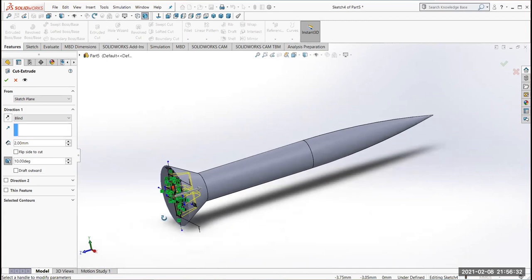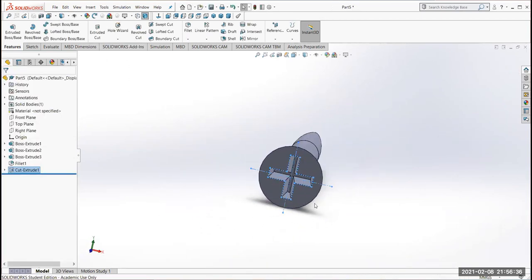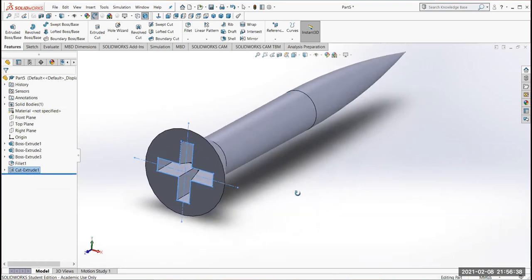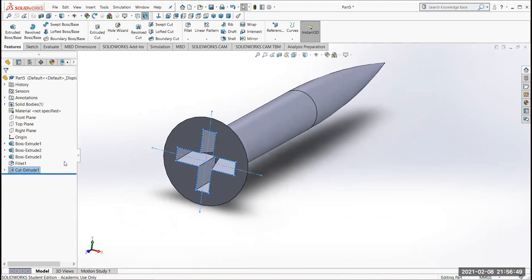And you can see that that looks good. And check mark. And so we've got a good start to our screw. So now let's select the front plane over here, and we're going to go